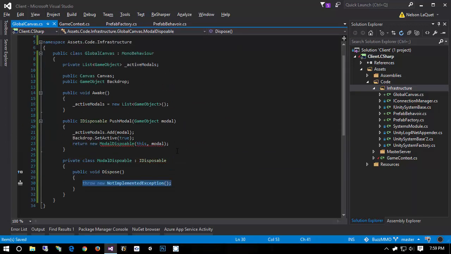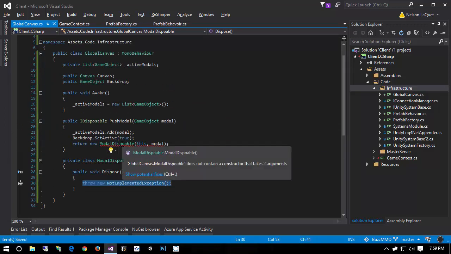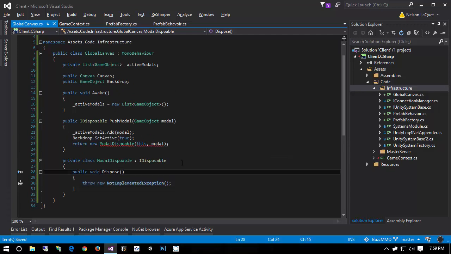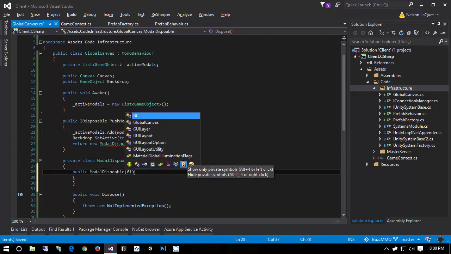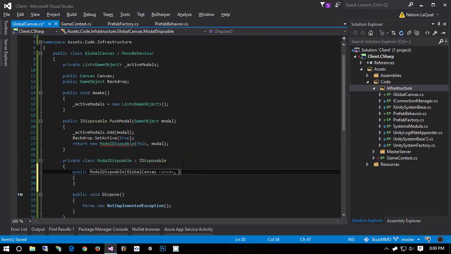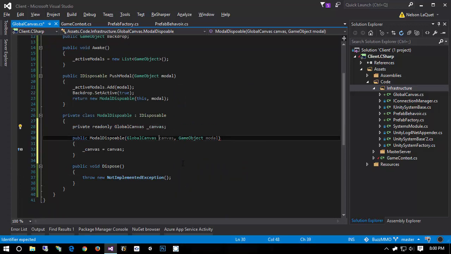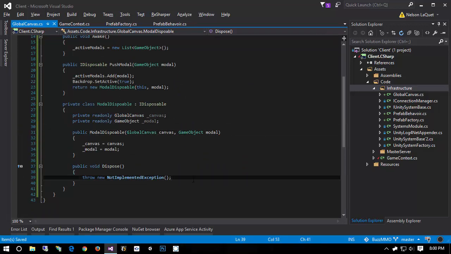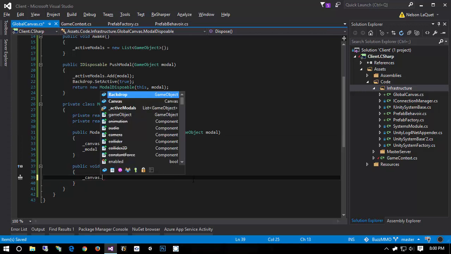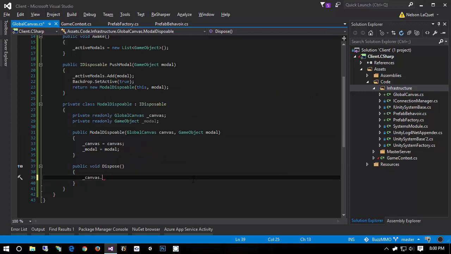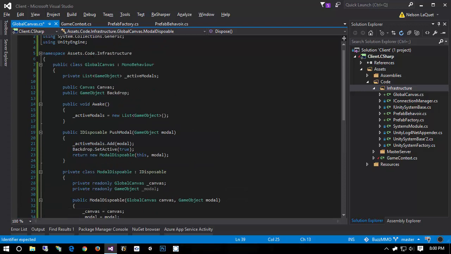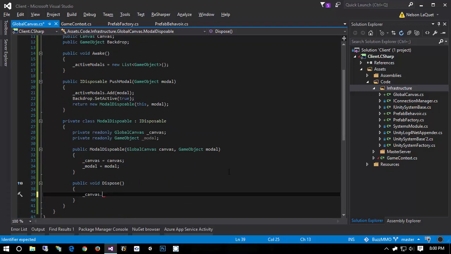So what's it complaining about here? Oh yeah, we need a constructor that takes in a GlobalCanvas and a GameObject modal. And on its Dispose method, we'll simply say canvas dot. Let's put the responsibility of removing, or moving, a modal onto the GlobalCanvas. So I'll say PopModal,